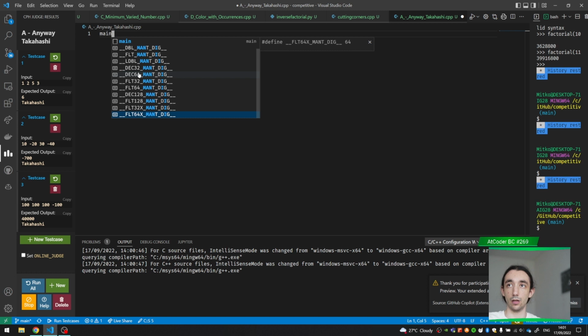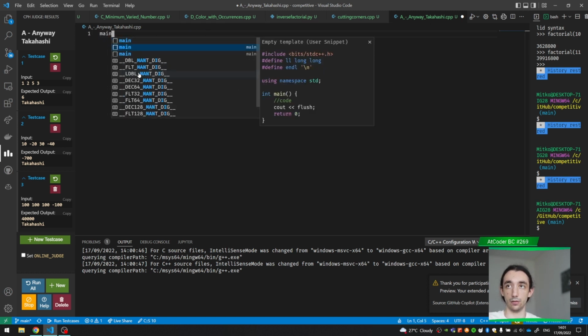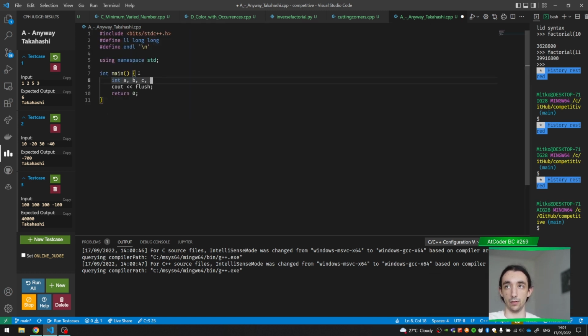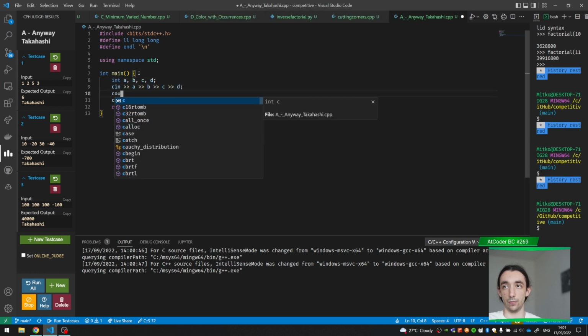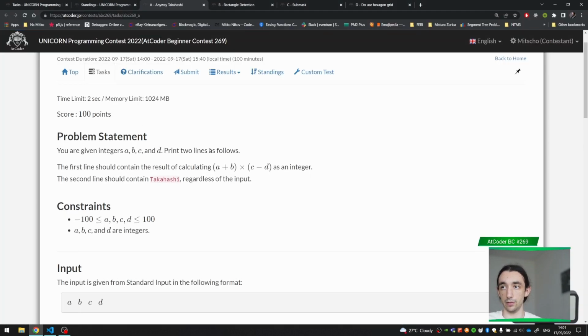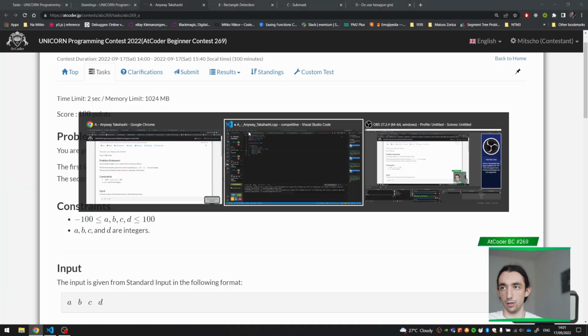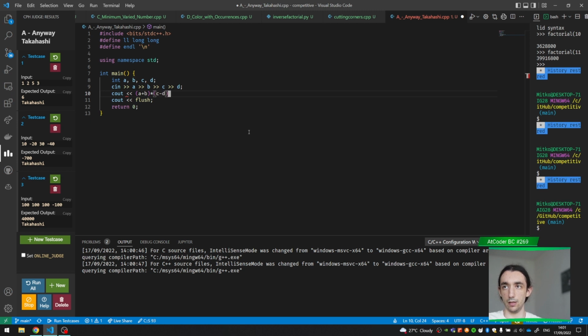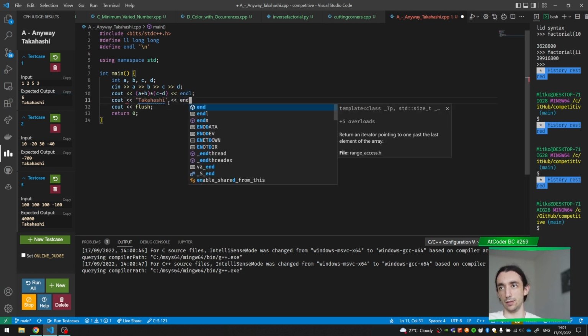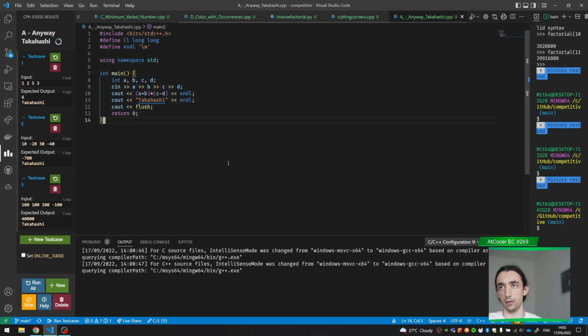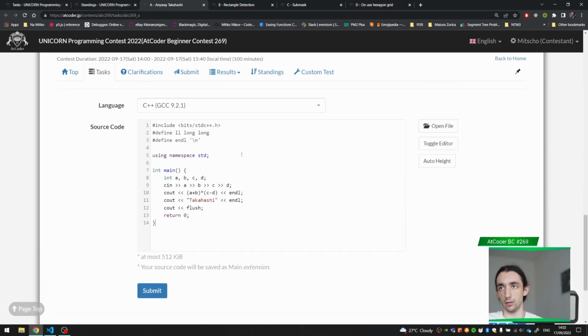Okay, so we are given 4 integers and we want to print on one line this: A plus B times C minus D. There's no overflow, and on the other line I want to print the name. This is stupidly simple, but it's just